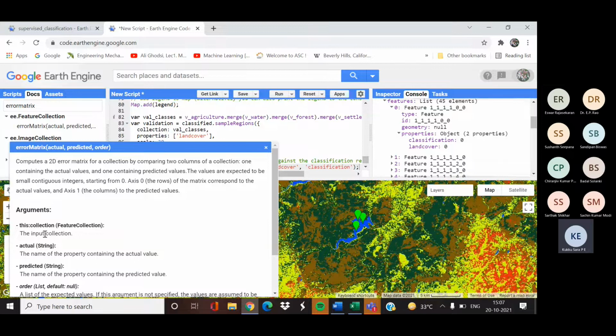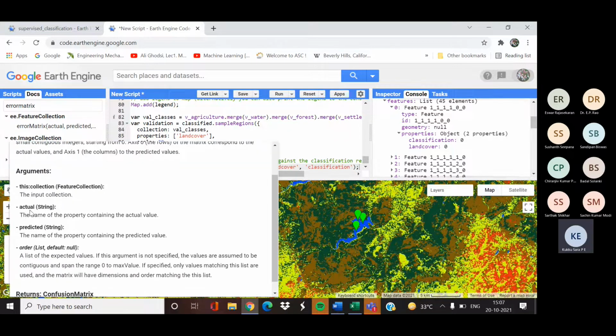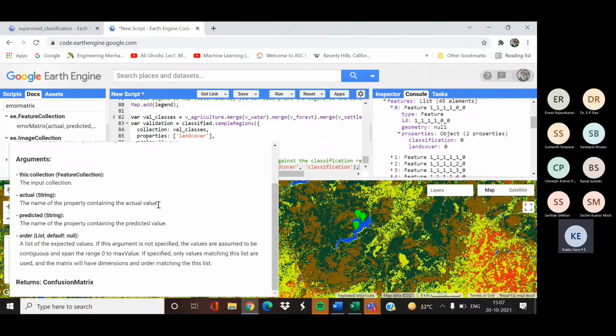Its input arguments are the collection and the parameters: the name of the property containing the actual value. For our validation points, we have given the name as land cover. That is our property name. So land cover is for our validation, then predicted, that is our classified image.